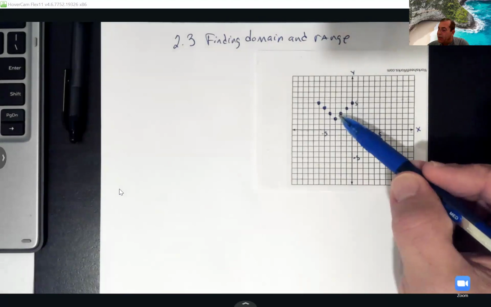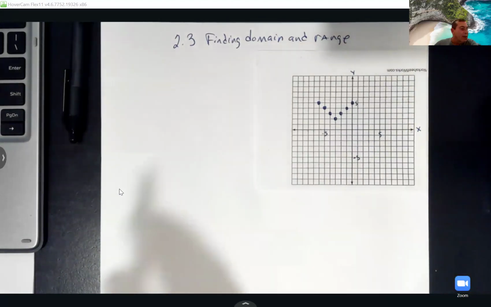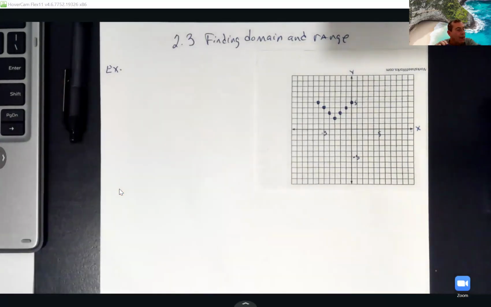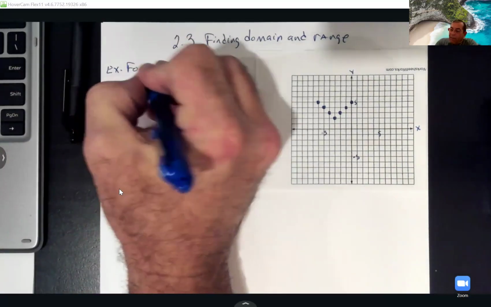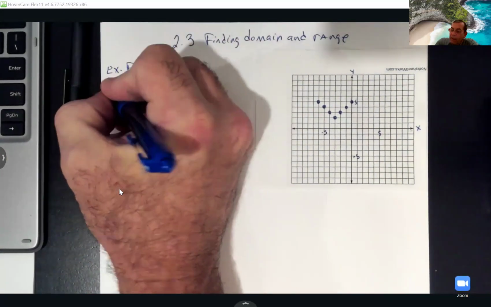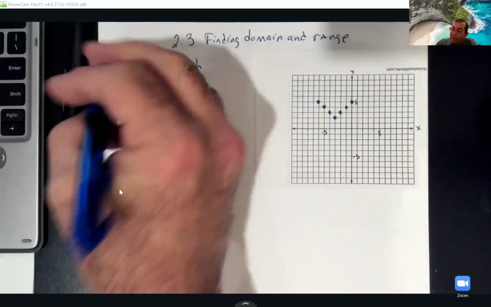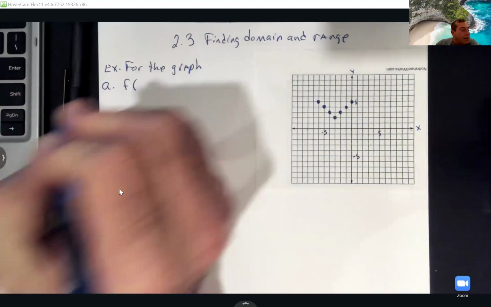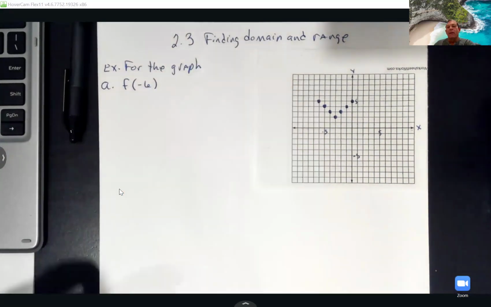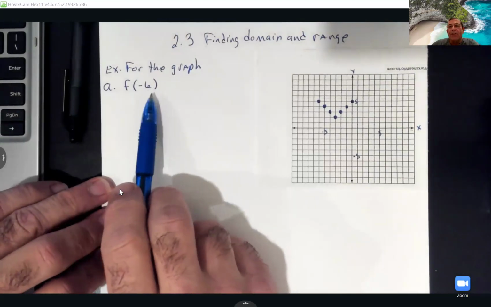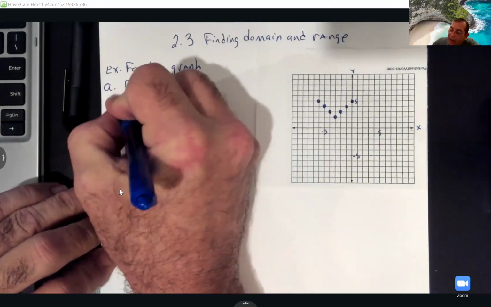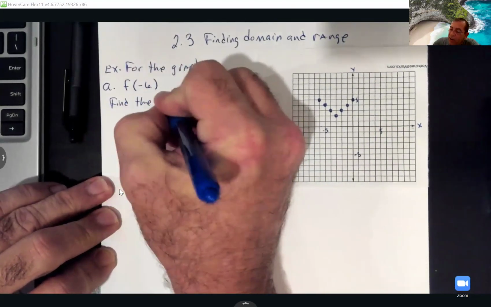And this has 7 points on it. So they want us to look at this graph. So for the graph, for A, they want us to find f of -6. So what they mean by this question here. So for this one, they want us to find the y value